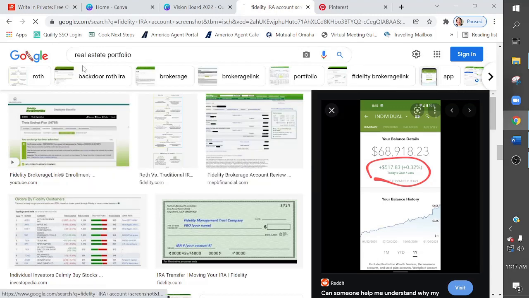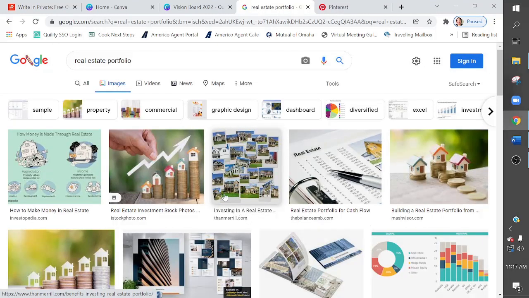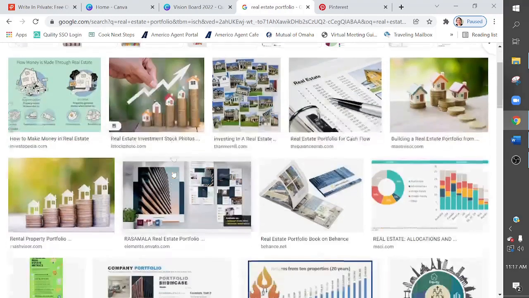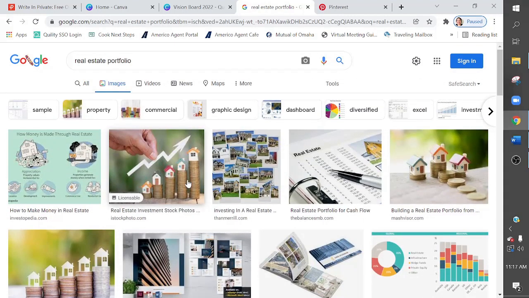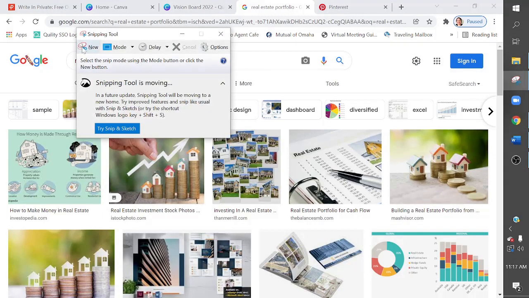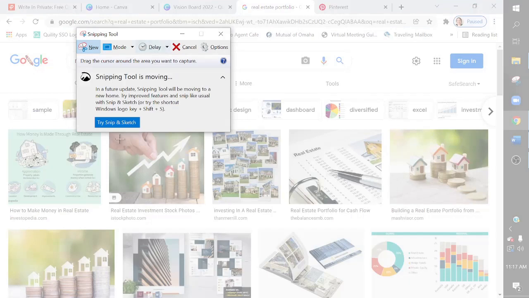portfolio. So let's see. I think this actually looks perfect. You can do it however you want. You just want to make sure that you're going to know what in the world you're talking about. So I have one real estate right now. My goal is to add 2 per year for 5 years and to have 10. So one, that picture just works perfect for me. Like, I don't know how else. So I'm going to take